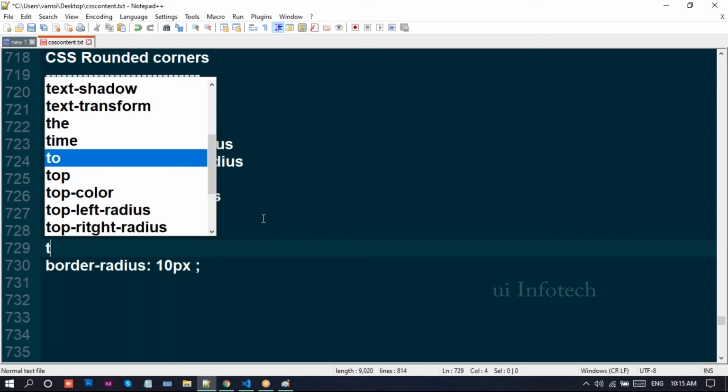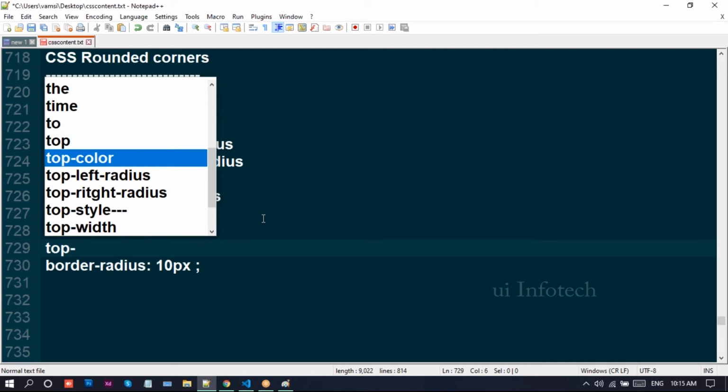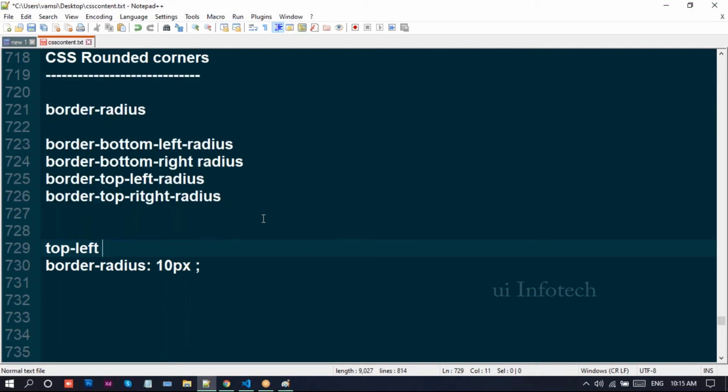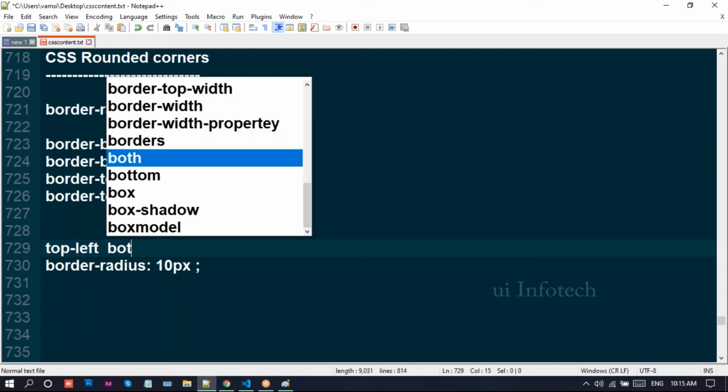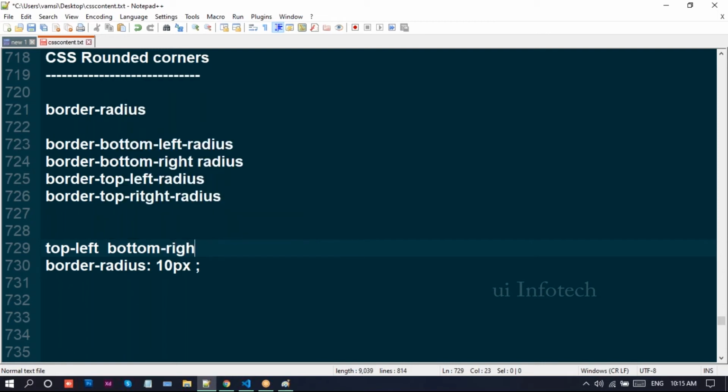First we have top left, bottom right, top left, bottom right, top left, bottom right, and top right, bottom right.